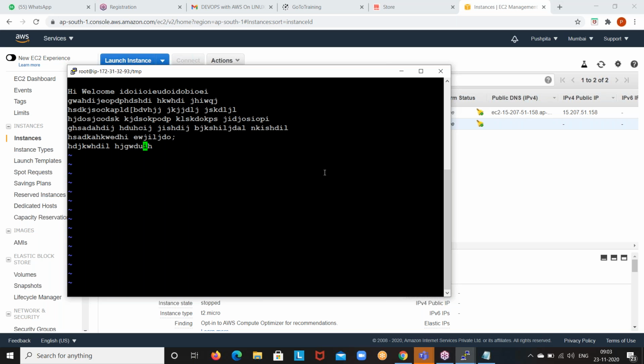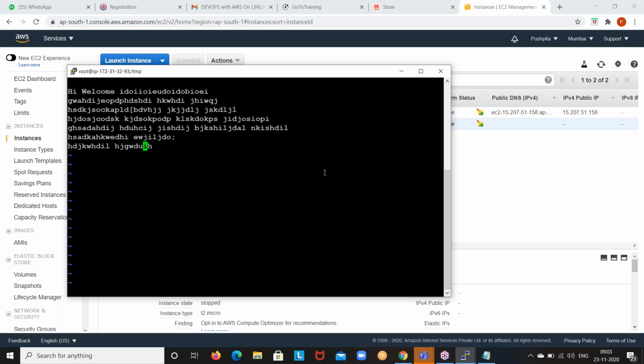Now what can I do in escape mode? The first usage is, I can switch to another mode, like insert mode. By pressing small I, I can switch to insert mode. By pressing simple colon, you can go to command mode, guys. So apart from that, there are some shortcuts. What are those?